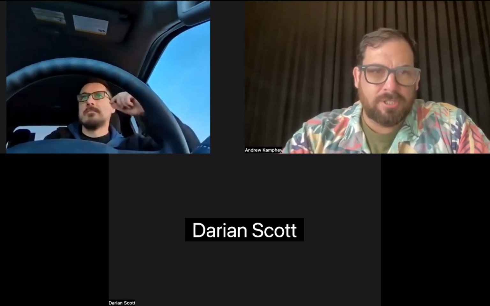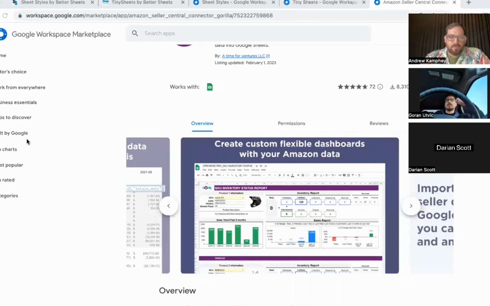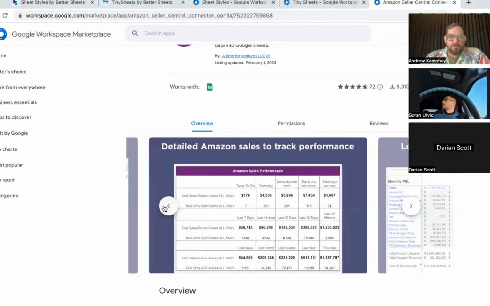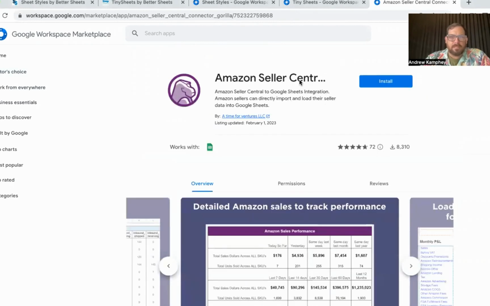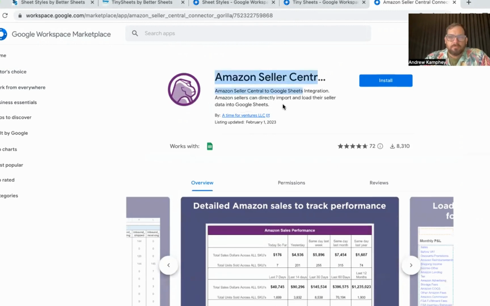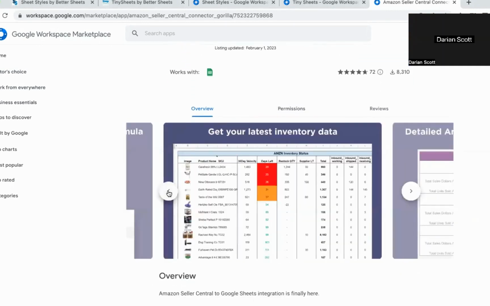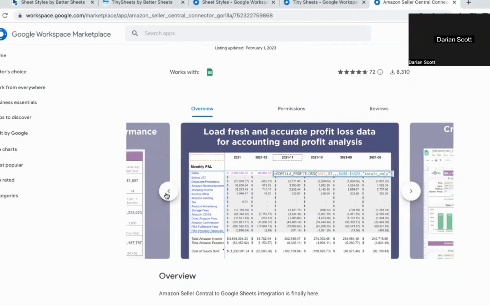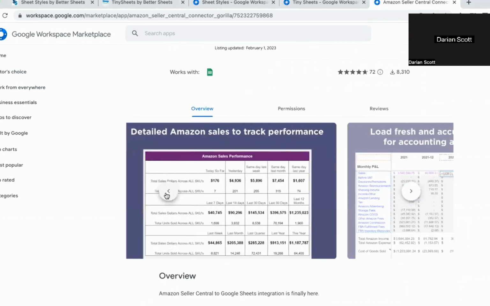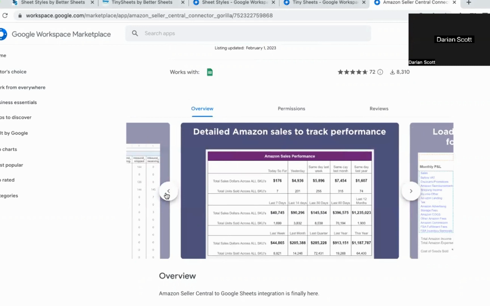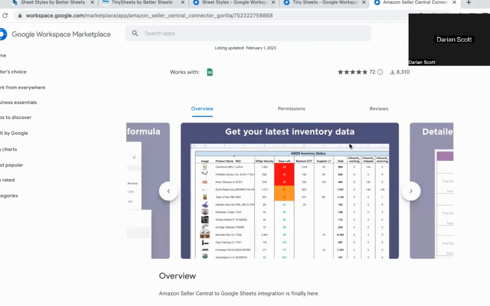Here, I'll share my screen so you can walk me around this. So I'm looking at this, what is it called? Amazon Seller Central to Google Sheets integration. So within Amazon, you have a lot of data that you can pull, mainly like the page got this number of impressions, sales data. I'm not really interested in that. Some of the data sets that they have, I have unique data sets that I look at